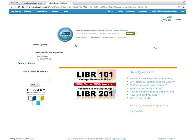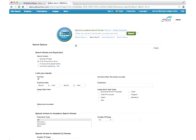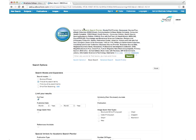Let me show you what that looks like. Obviously, at home when you do this, you'll log in with your network ID and password. All the EBSCOhost databases look the same initially. It's just their branding here, their logo with a search bar, search field. But it tells you at the top here that you are searching Academic Search Premier, comma, and if I click on Show All, you'll see that we're actually searching quite a number of different databases, including a couple that may not be that relevant,